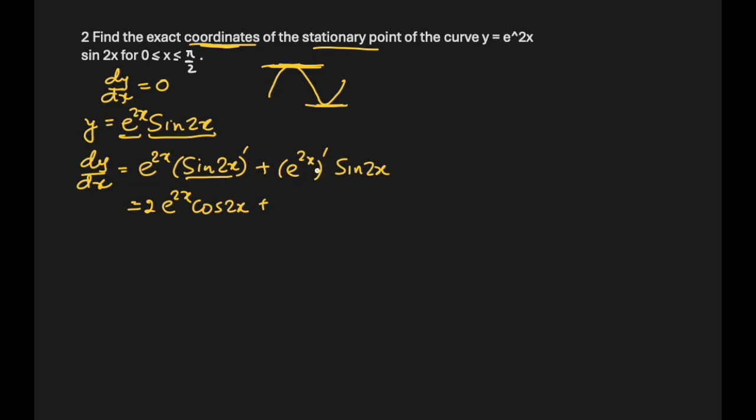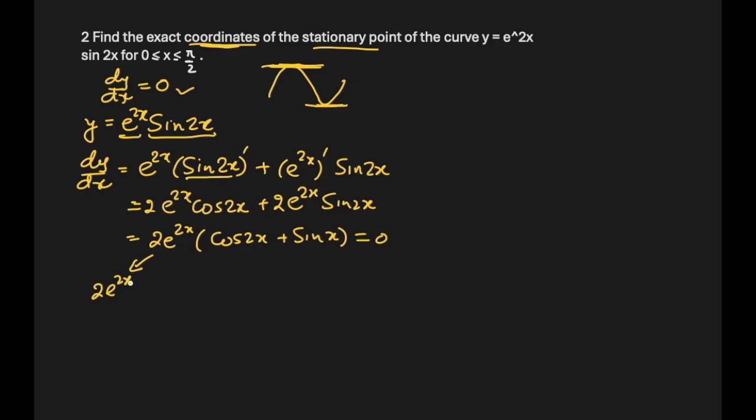Then we will differentiate this. The differentiation of e to the power 2x is, e to the power 2x remains what it is, multiplied by the differentiation of the power, which is 2, sine 2x, and both of them have 2 e to the power 2x common, and cos 2x plus sine 2x, and that has to be equal to 0 by this rule, because we have to find the stationary point. Okay, so either 2 e to the power 2x is equal to 0,